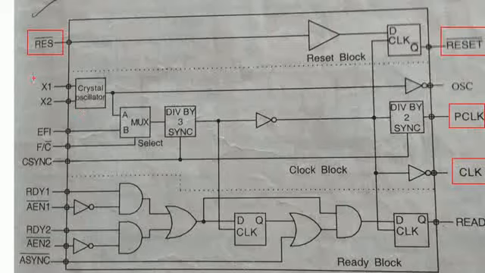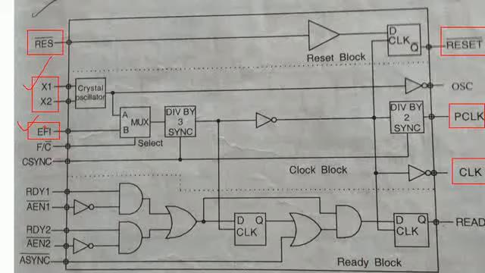Now, one is you may use a crystal oscillator as the clock generator required by the clock block of the 8284, or you may use an external function generator. EFI is nothing but the external frequency input. So with the help of the function generator, you can provide the clock signals required by the clock block of the 8284. So two options are there: you may use the crystal oscillator to generate the required clock signal, or you may use the function generator to provide the clock signal.